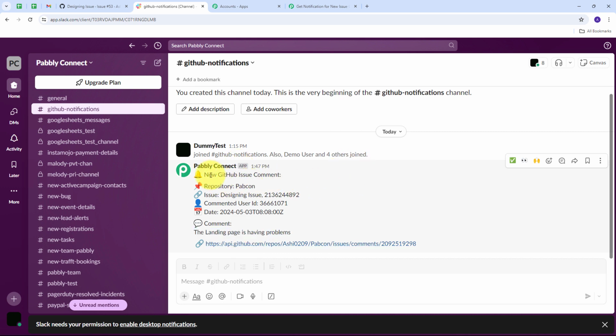So here we can see that I have sent this message with all the details of the comment that I have added in my GitHub issue. So here my connection between GitHub and Slack is working successfully, and whenever I have a new comment on my issue in GitHub, then automatically I'm going to send a notification message on my Slack channel to notify my team. Now to check this in real time, what I'm going to do is